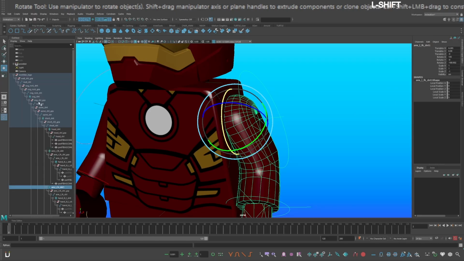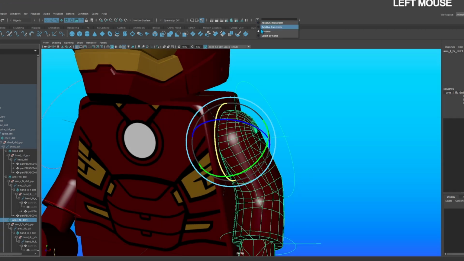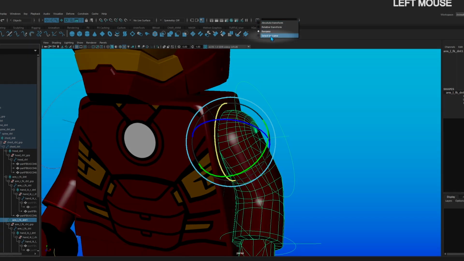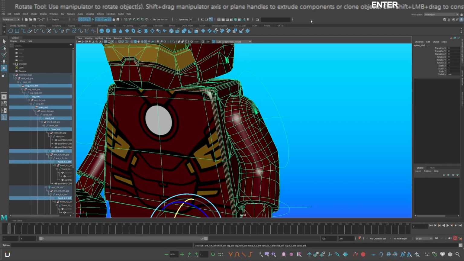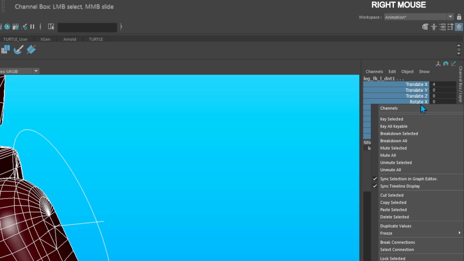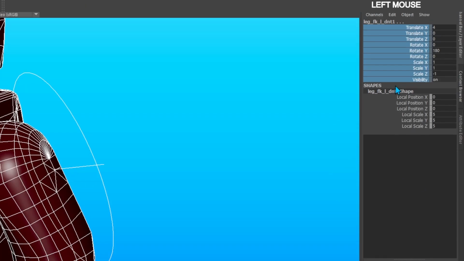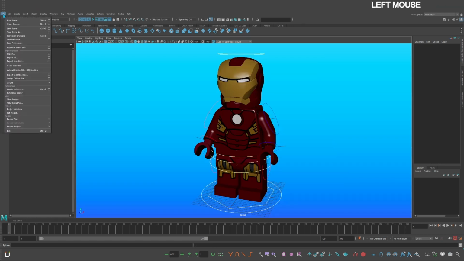Shift-click to open up your hierarchy, go up to the top toolbar, click on Menu of Inputs Line Operations, click Select by Name, then type *DNT. This will select all of your Do Not Touch locators. Go to the channel box, select all values, right-click, then click Lock Selected. Rename your root Do Not Touch group to whatever you would like your rig name to be. Go to File, Save As, right-click, create a new iteration folder,